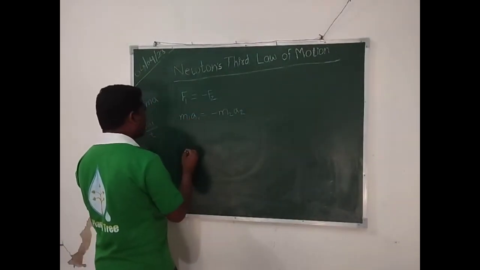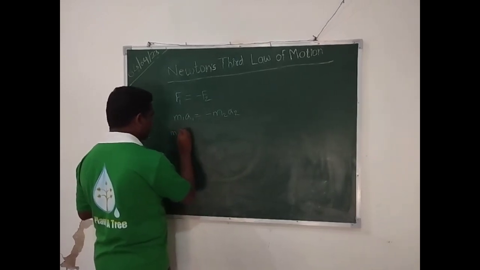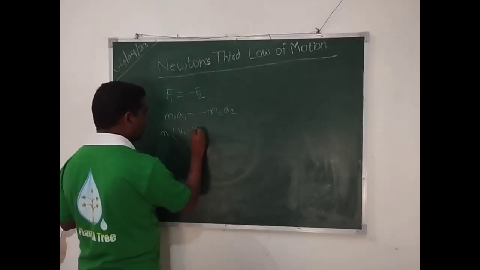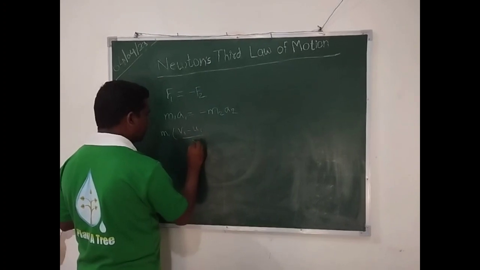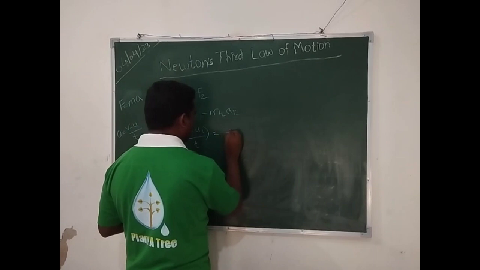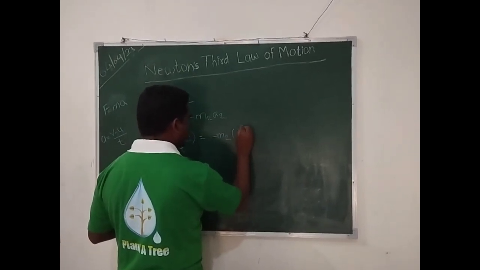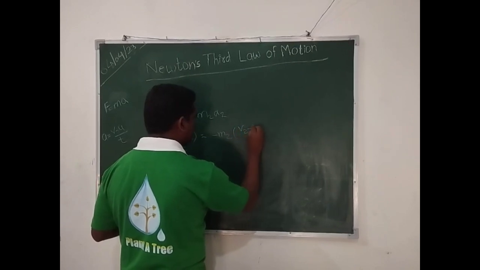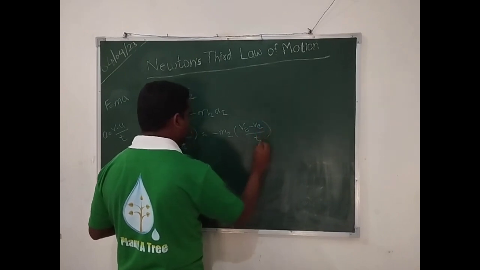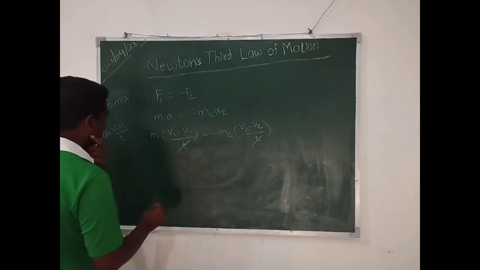So putting this value of a into this equation, we get m1 (v1 minus u1) divided by t, and it is equal to minus m2 (v2 minus u2) divided by t. Now this t will get cancelled out and the remaining terms are